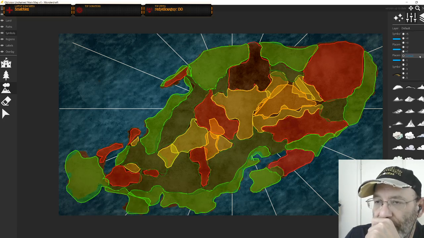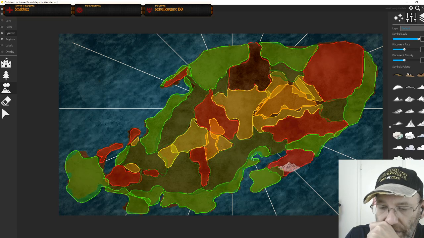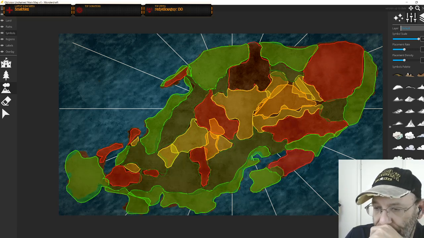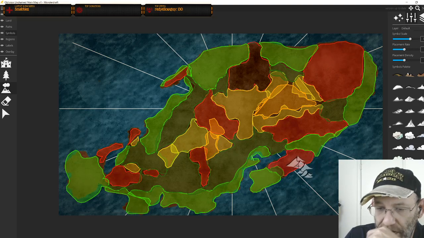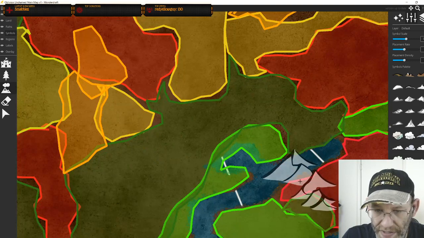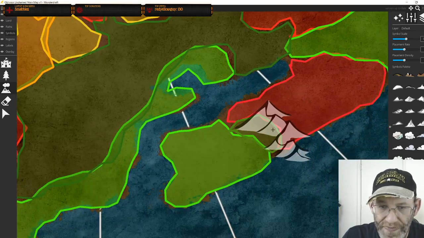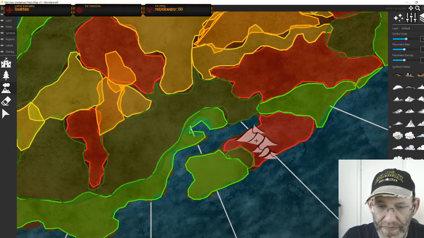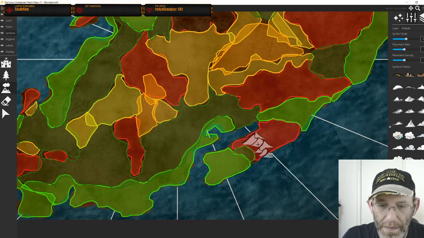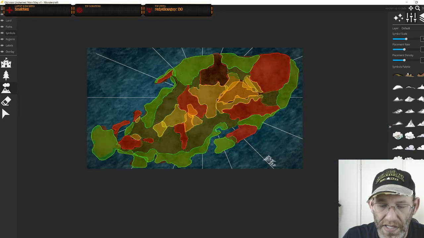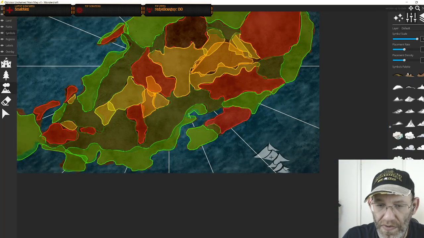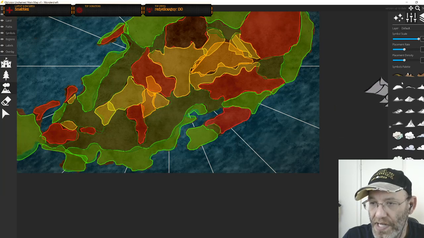No. We're going to put these on the default layer, which means they go straight down on the map. Now, what I have to do is I need to zoom in here. And I know these are going to be mountains. But what I also know is that for the characters to know, there are